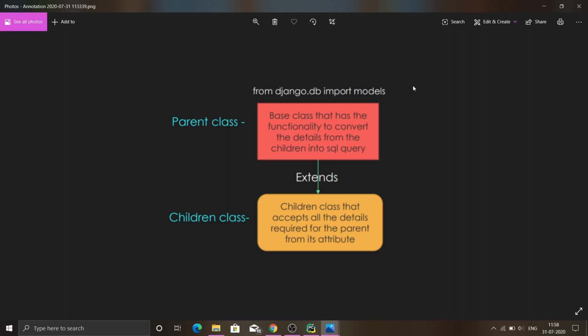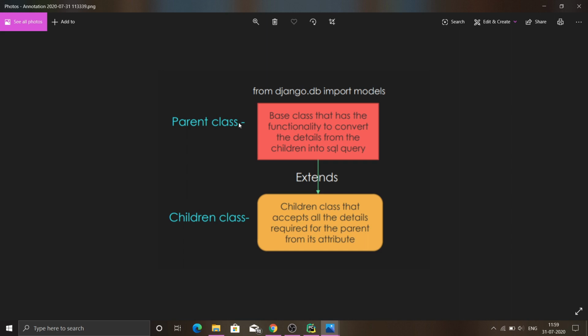This is the structure of model. This is how it will be implemented. So this is the parent class, which has all the logic for converting our Python code into a SQL query, and we have to extend this parent class into a children class.